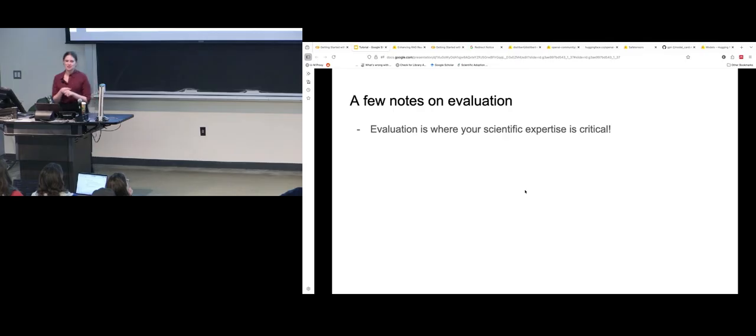So evaluation is where your expertise is critical. I thought about, should I show you a library for doing evaluations? And I actually don't think that... yeah, there are eval libraries out there. A lot of models will have a type of evaluation that is specific for the task they're doing. But I actually think this is the part that you should spend the most time thinking about yourself and kind of make